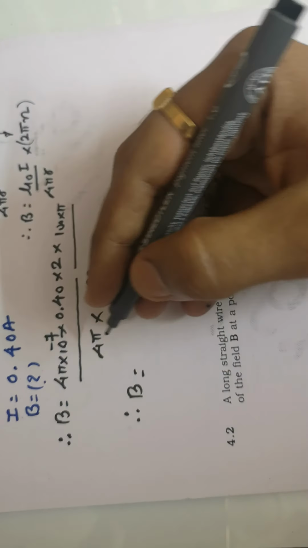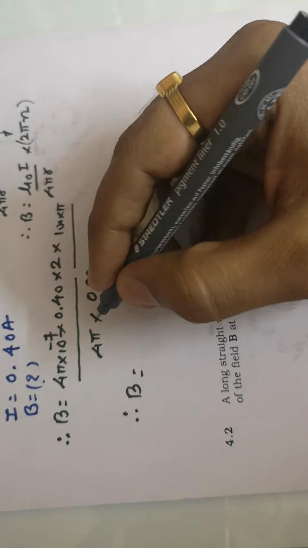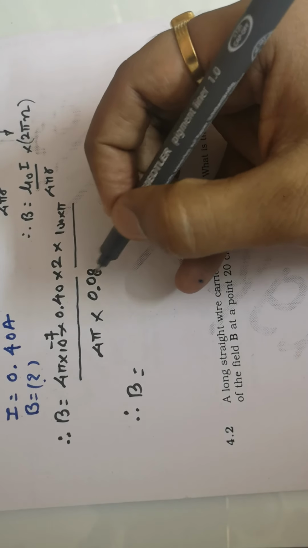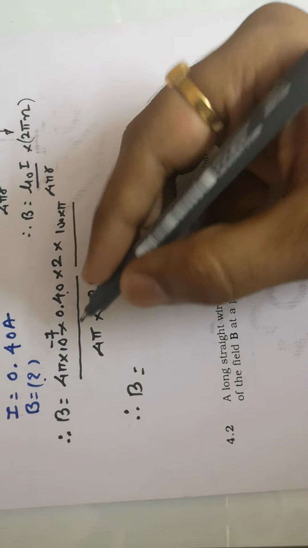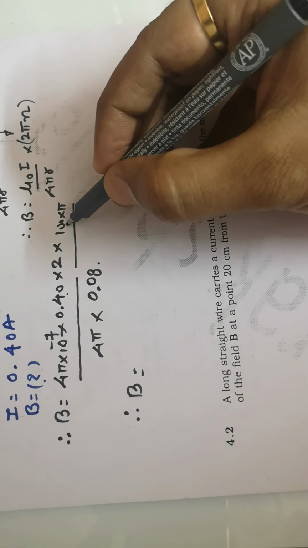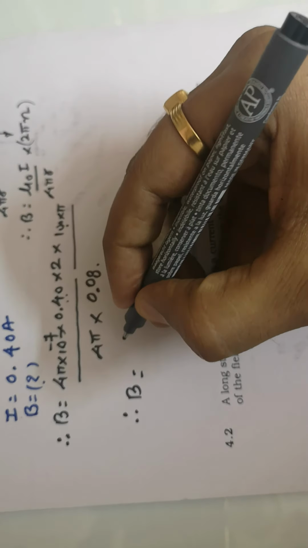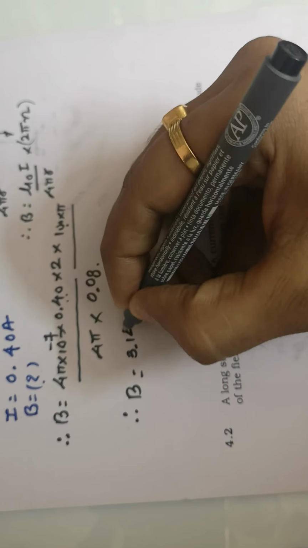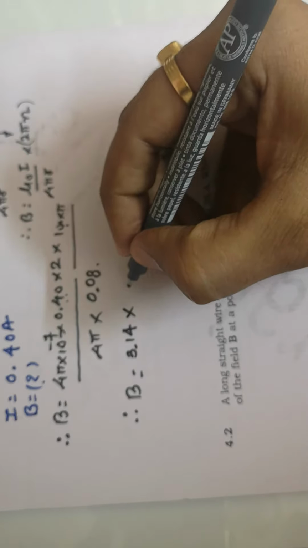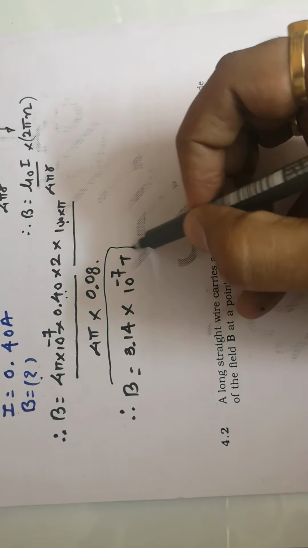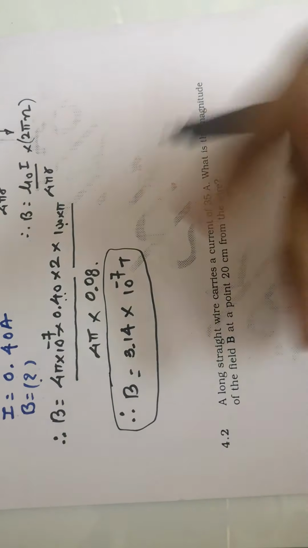So I have to find my magnetic field. After calculation, 4 pi can be cancelled out, 0.4 multiplied by 4 and 2, that is how you can directly calculate. Then 100 power is there, you can say 4 to 8, so you can have everything in terms of pi or the value of pi, that would be 3.14 times 10 to the power minus 7 teslas. So this is how you can calculate your data.